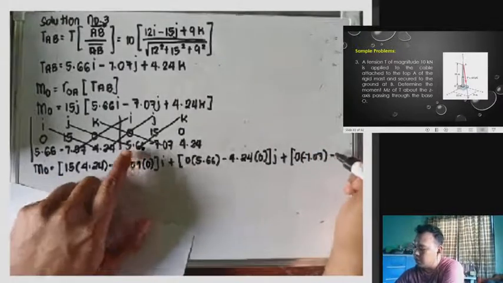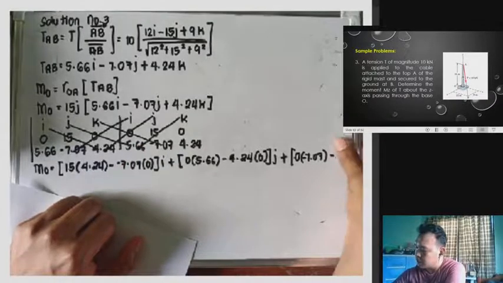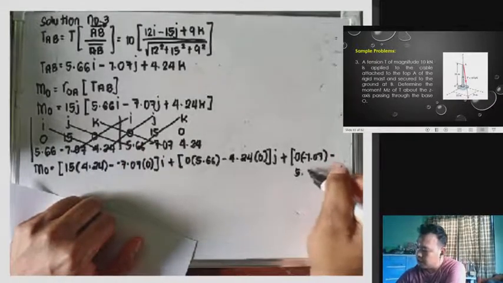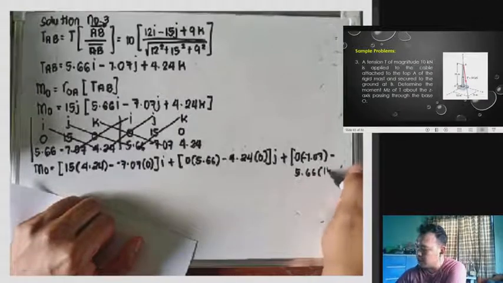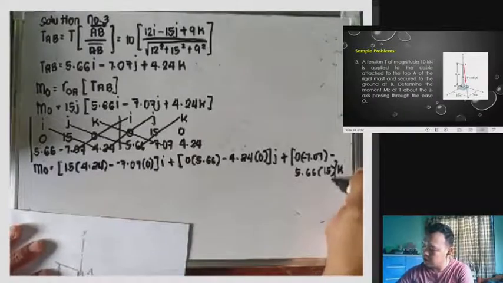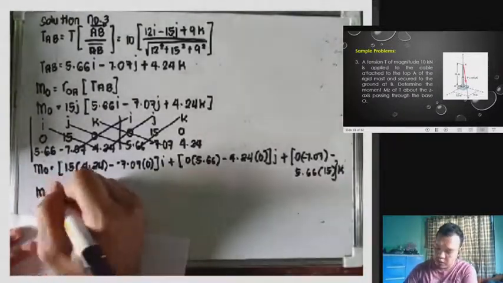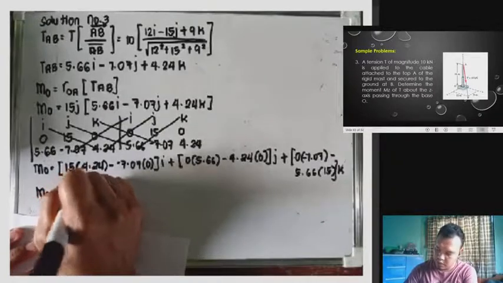Tapos, negative, ito. So, we have here 5.66 times 15K. Okay. So, lalabas, MO natin is equivalent kay, pagsamahin nyo lang po, we have here 63.45